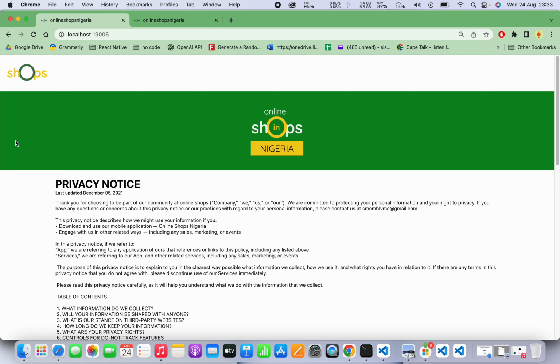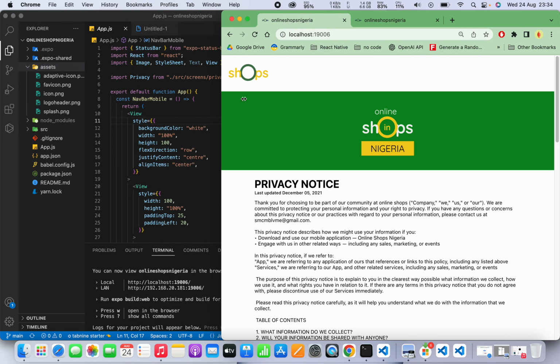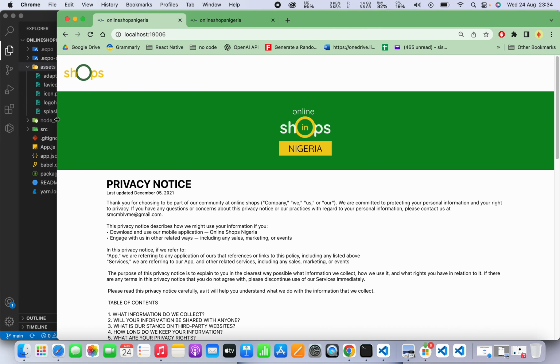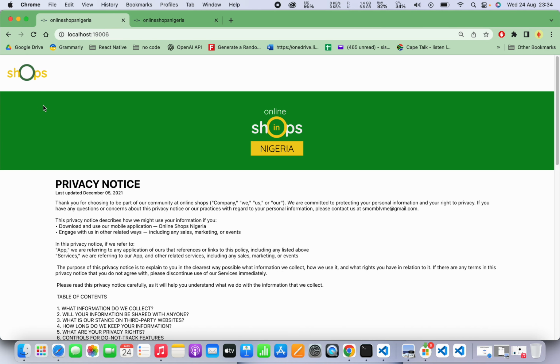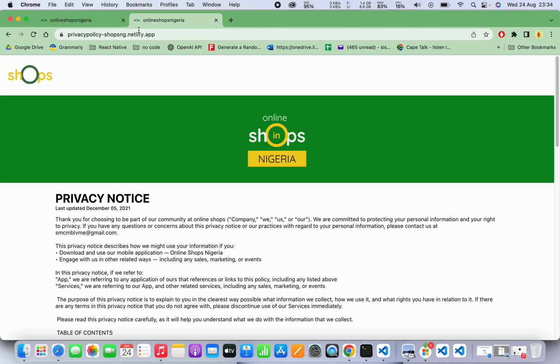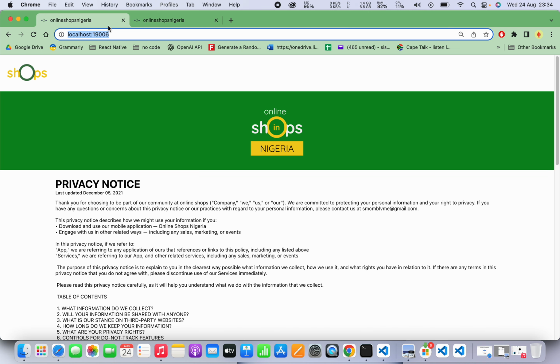With the same language, or the same code that I use in React to generate the React Native app for this website, I also use it to generate this website. You can see here it's currently running on localhost, and then here it's actually saved, meaning that I did build and get the full